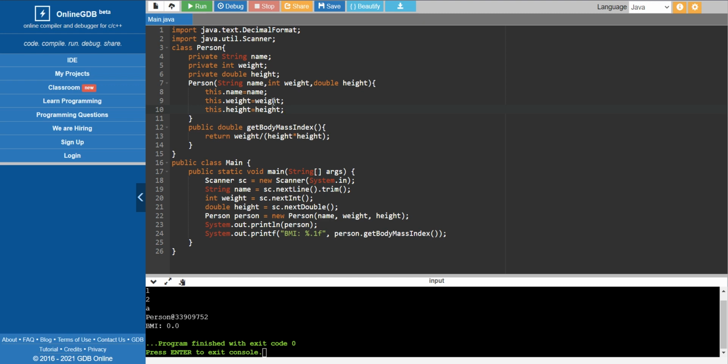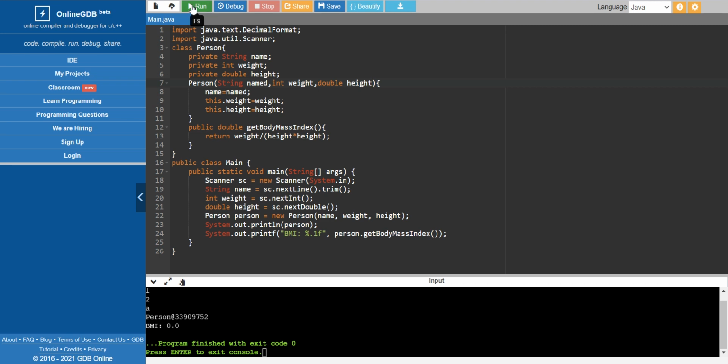It's a standard format, but if you guys don't like it, or if you are confused about whether this refers to this one or that one, in that case you can create variables with some other name. Here I can do name d, which is nothing but duplicate, so I can get rid of this and I can use d. I'm not going to change all the values, but for the example I'm going to use this.